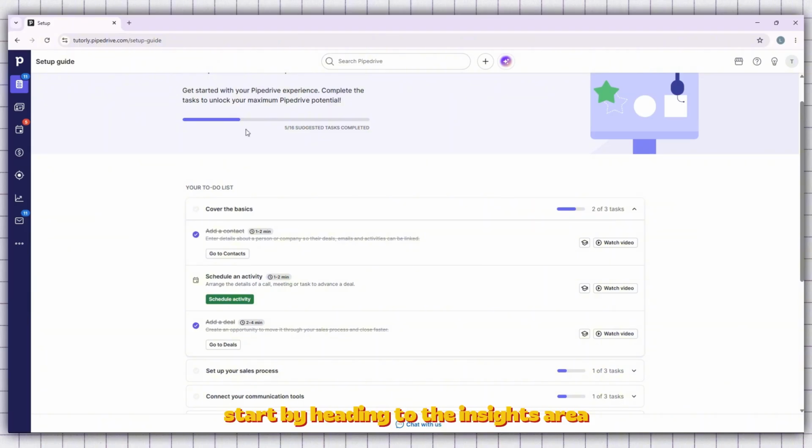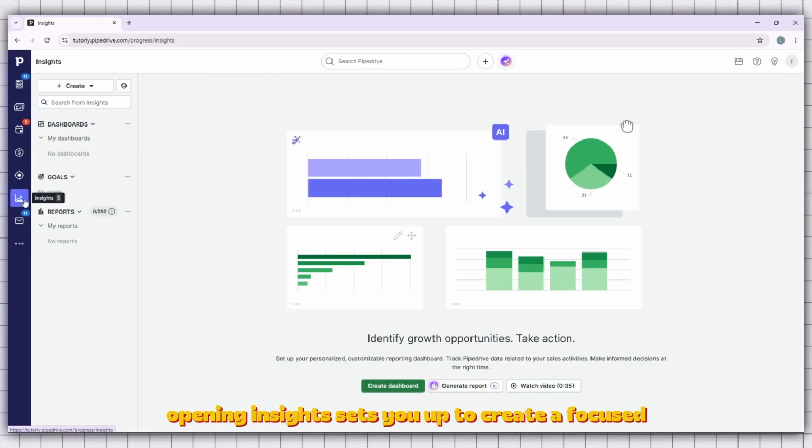Start by heading to the Insights area on the left sidebar. This is Pipedrive's built-in analytics hub, and it's where all your reporting lives. Opening Insights sets you up to create a focused view of your sales data without digging through individual deals or leads. This is especially helpful if you want to track progress over the week, review monthly performance, or prepare for